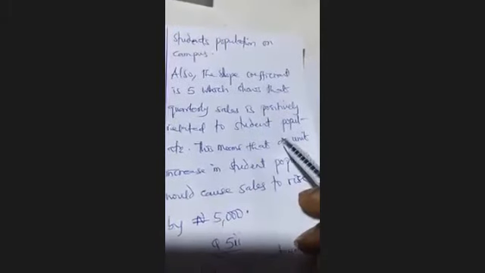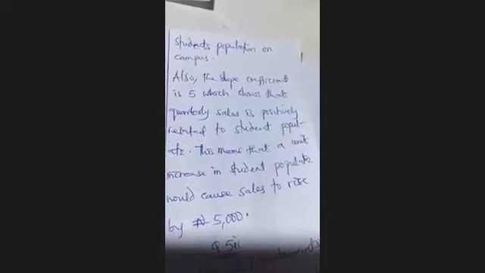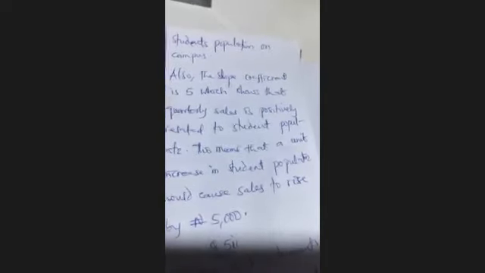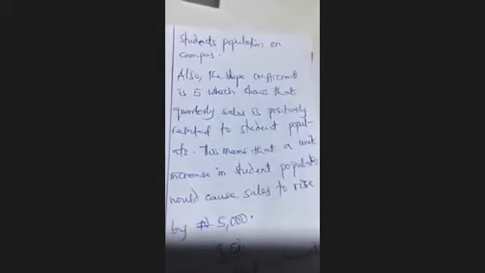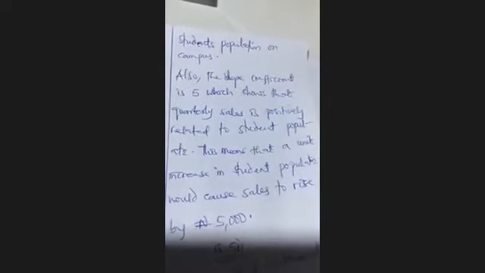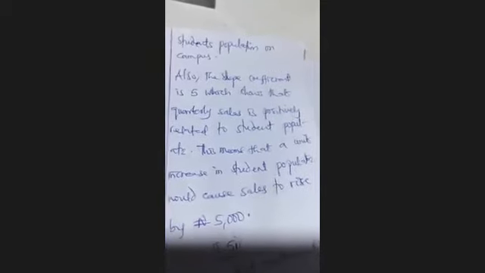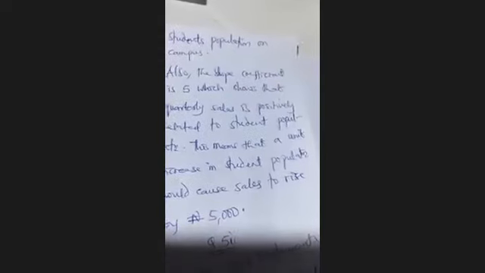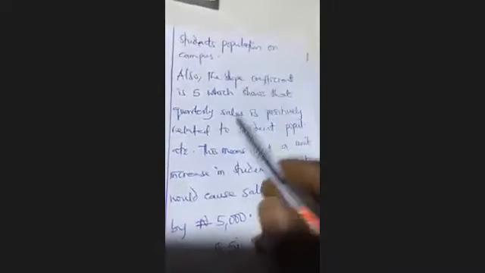But I cannot say that if the student population increases by 1,000, sales will increase by 5,000. Rather, a unit increase is equivalent to a 1,000 increase in population, because student population is in 1,000. Do we get the gist now? Always take note of that. Anytime you are doing interpretation, you have to go back to the question and look at the units of measurement. If the unit of measurement is silent, it should have just been a unit